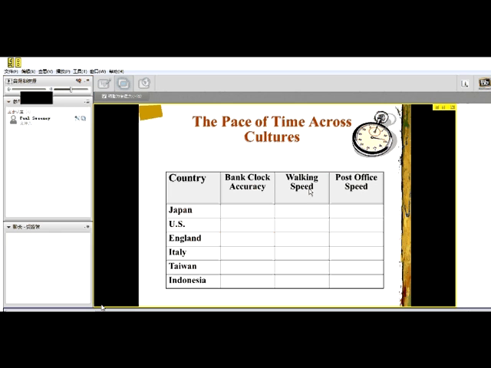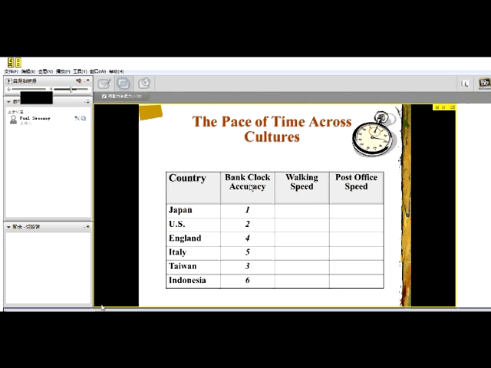And again, it's kind of clever. If people value time, maybe it would be manifested in these various measures. So for post office speed, he went to post offices, again in various cities in all these countries, taking a fairly large sample. He'd present the equivalent of a $5 bill in their currency, ask for the equivalent of a first-class stamp, and then he just clocked how long that took to get service. So here are the results.